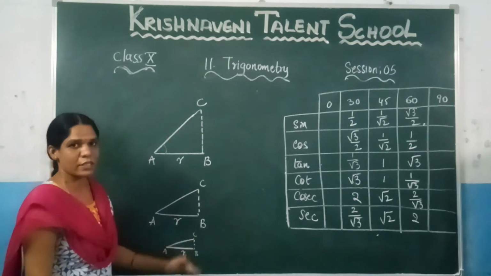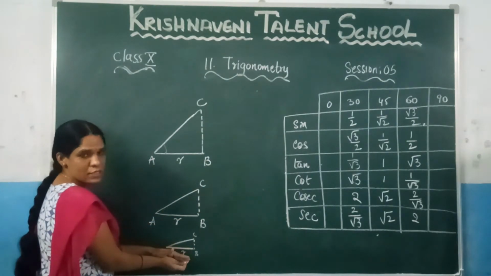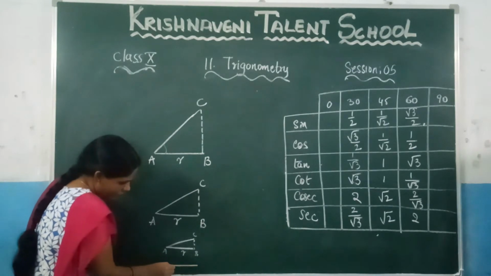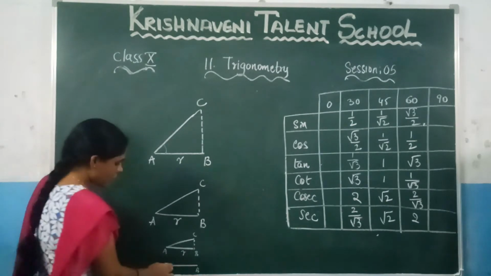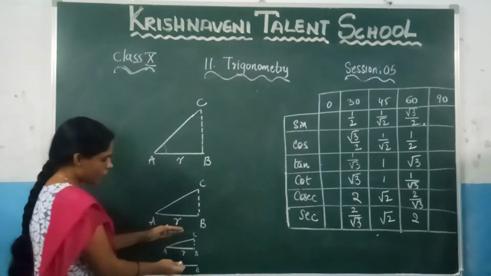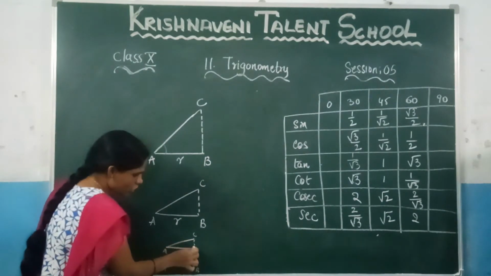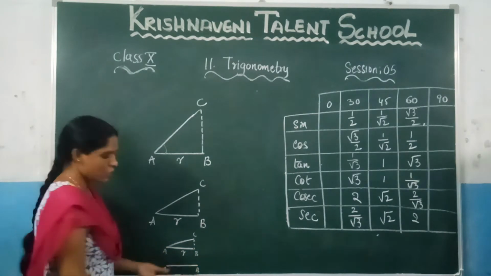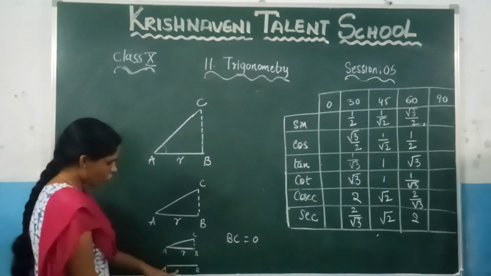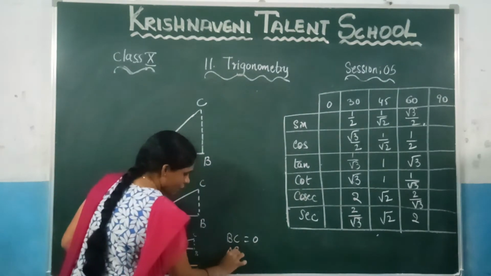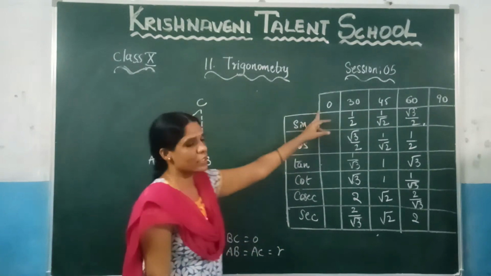If the angle keeps on decreasing like that, and when the angle becomes 0, these two lines will coincide with each other, so you will get it like this. This is A and this is B, and the same thing will become AC, because AB and AC remain equal when these two lines coincide. If these two lines coincide, what should be this length? This length will become 0, right? So the length of BC in this case is equal to 0, and the lengths of AB and AC are both equal to R, since we are talking about 0 degrees.